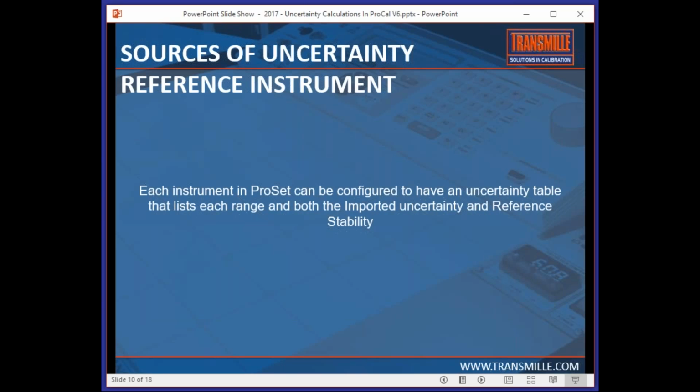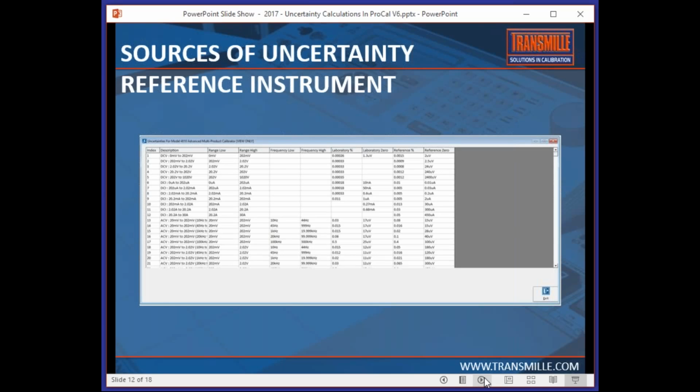So each instrument, so this means a standard resistor, a pressure calibrator, whatever it is, can be configured to have an uncertainty table that lists each range and both the imported uncertainty and reference stability. So this screen is showing the viewing of an uncertainty table for the 4010. As we can see, as I go through with the pen,